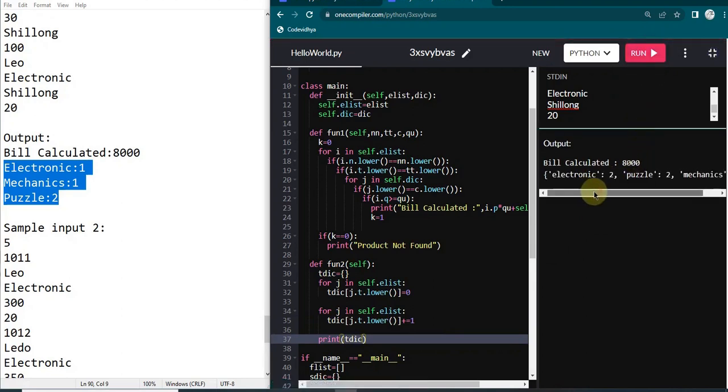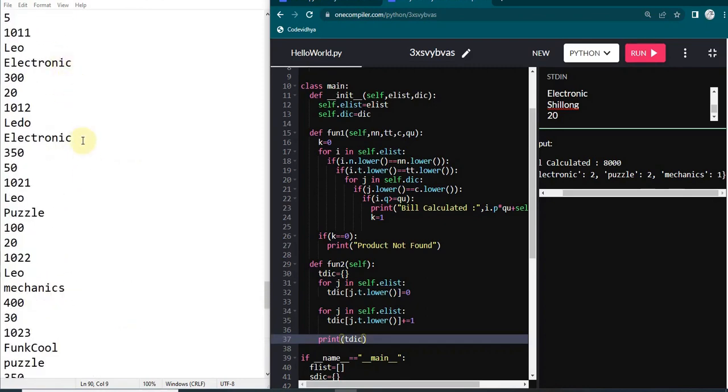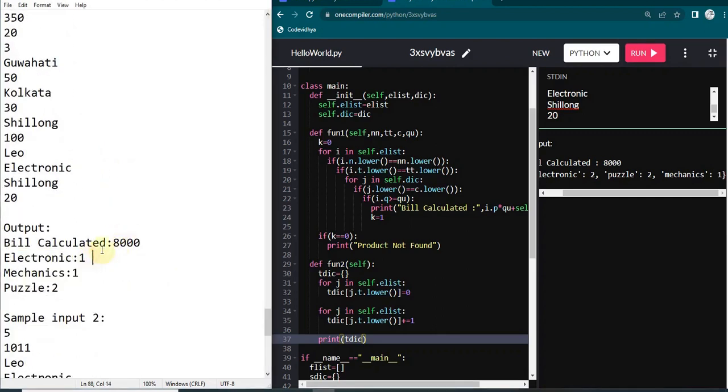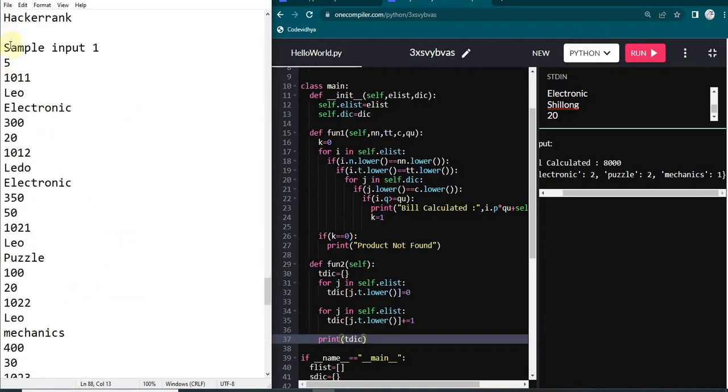Yeah, so we have electronics 2, puzzle 2 and mechanics 1. So it should be 2, I guess. Here we have 2 electronics, it should be reflected as 2. While converting, this may have some mistakes, so I'll try to correct it as much as possible, and I'll upload it